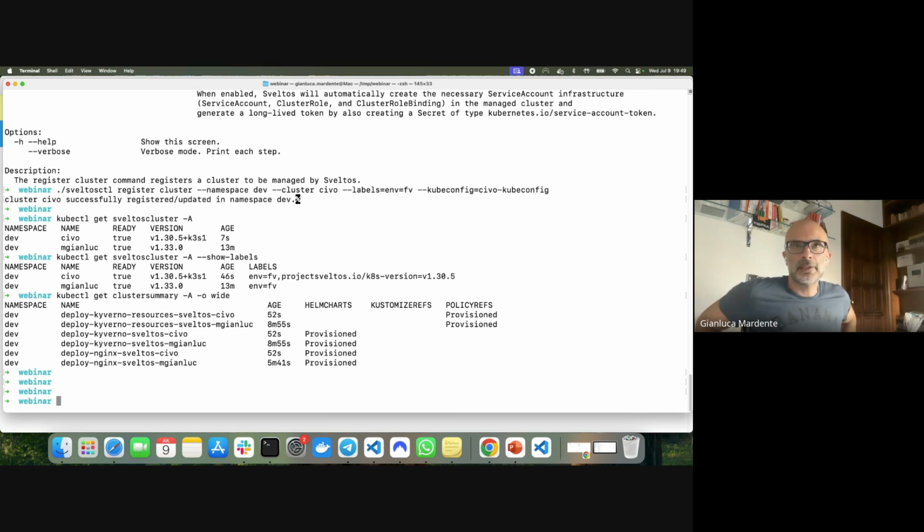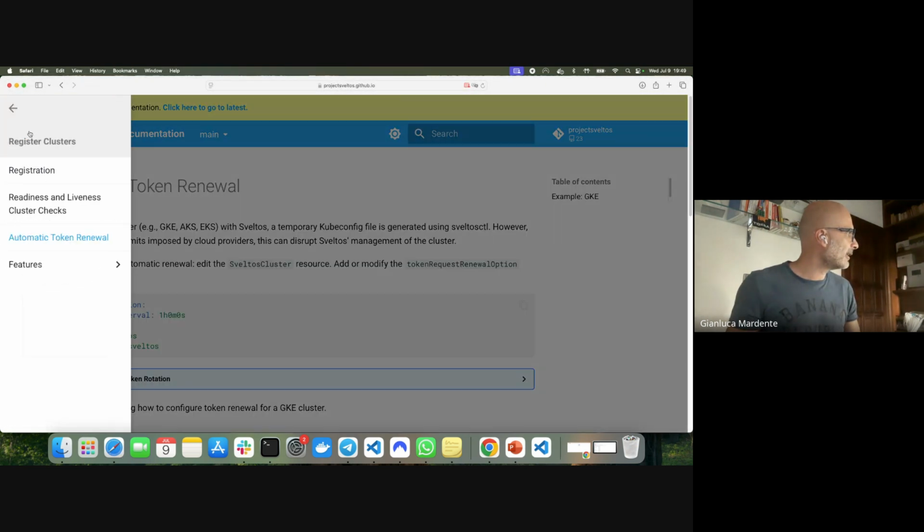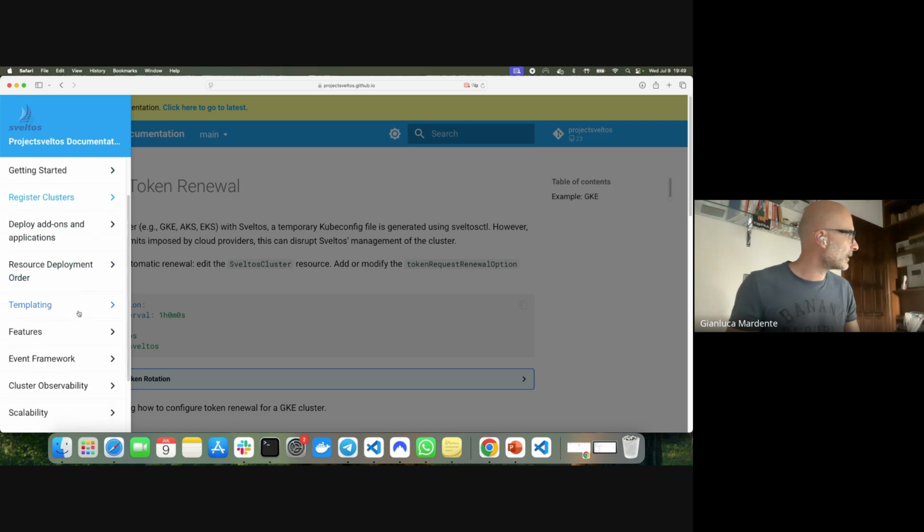So if you want to do a comparison, I would say it's not just push and pull. You have to look again at all the features, because it's not just about pushing, saying what needs to be deployed. If you look at the number of features that Sveltos has,